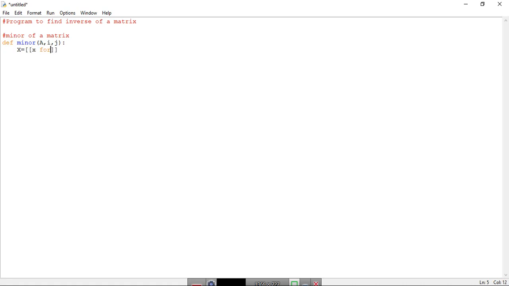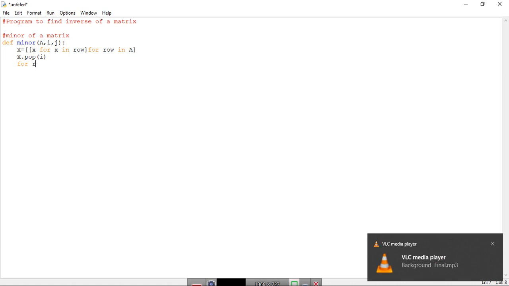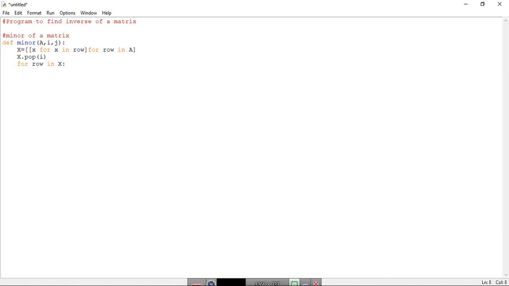X for x in row, for row in A, and for this we have used x.pop(i). Then for row in X, we use capital X, we have row.pop(j). Then return.